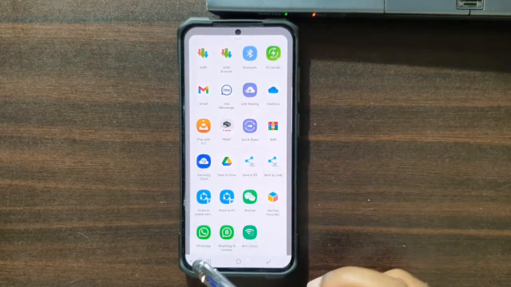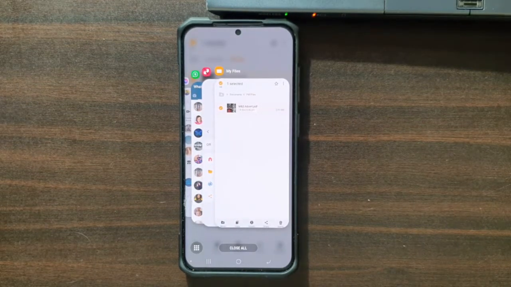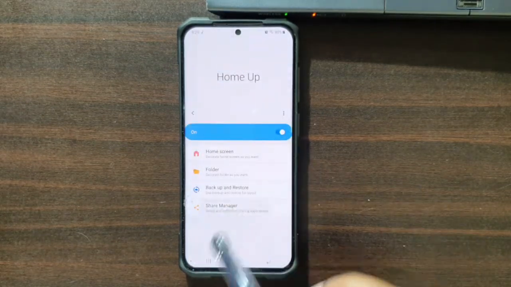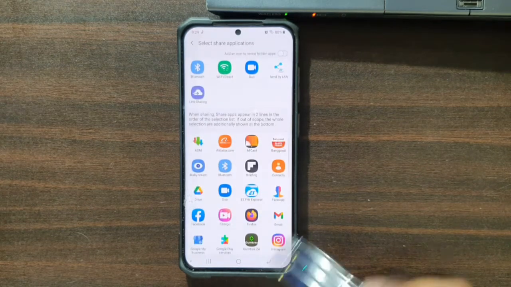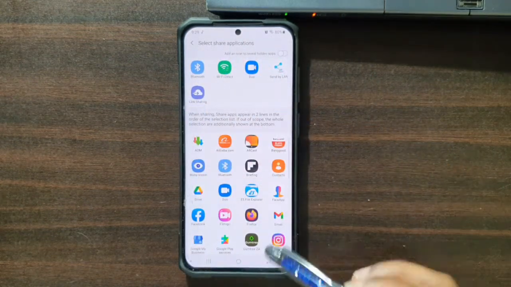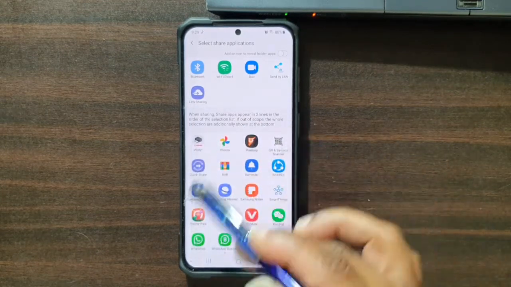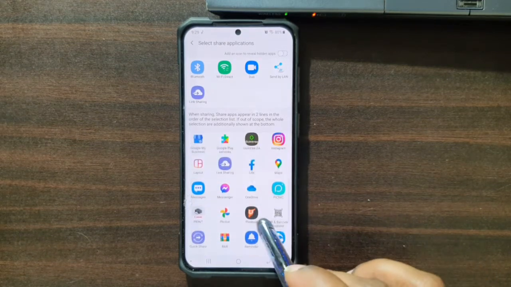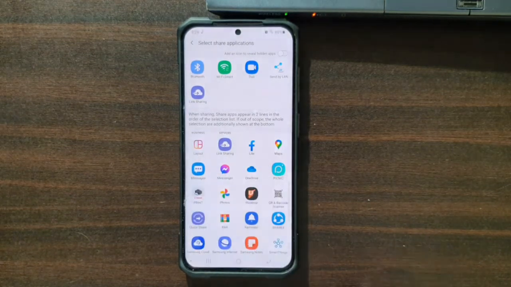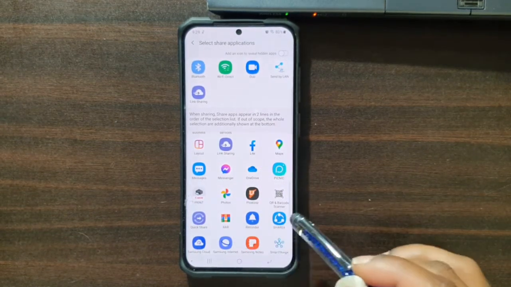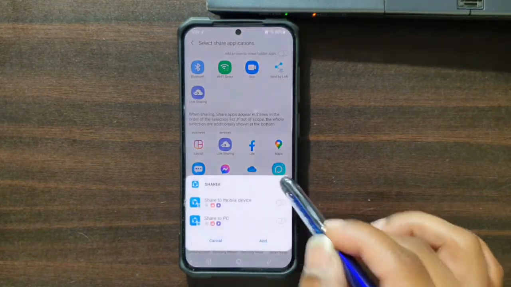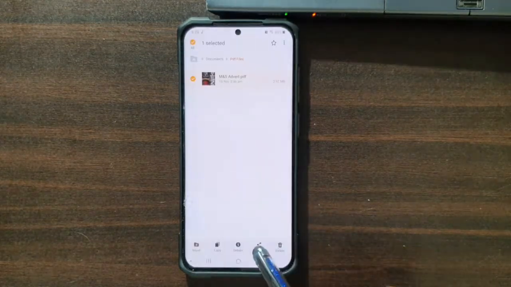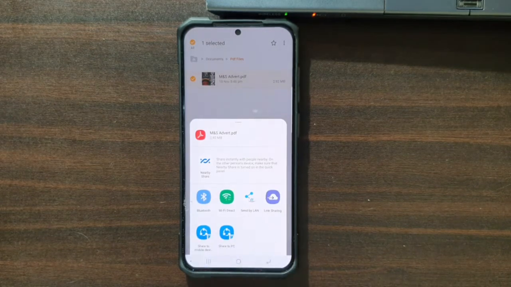But if I don't want all of them to be there, I only want the ones that I select to be there, I can actually do that. I can go in here, I can turn it on, and only those apps will appear. I have the option here, more. If I want another app to appear there, I can quickly select it from here and that app will be shown up there. Share it, I can add it, it will be shown there. Let me show you. If I go back in here now, if I share, now I have 2 more options here.